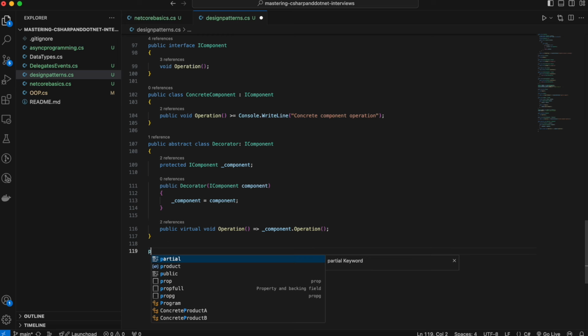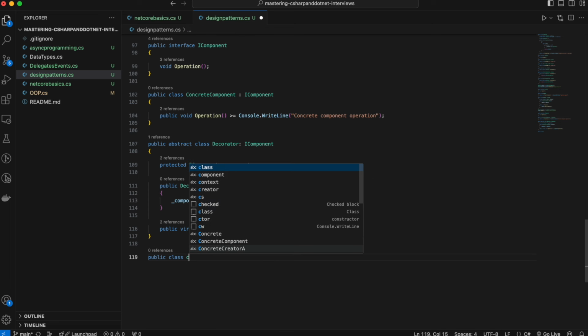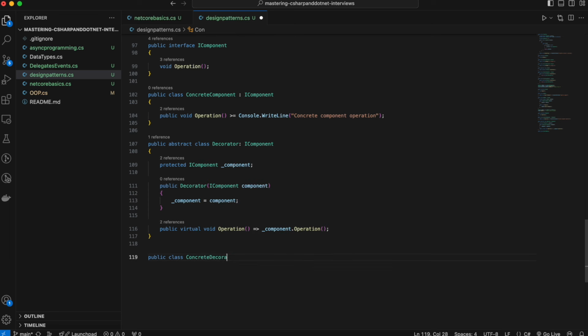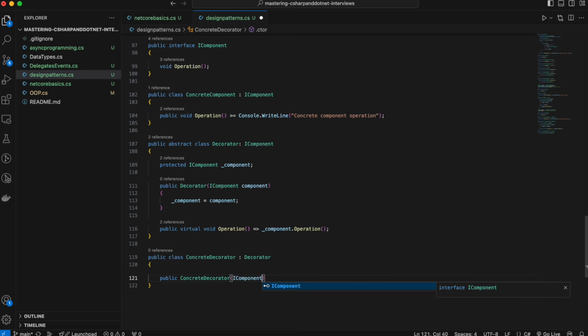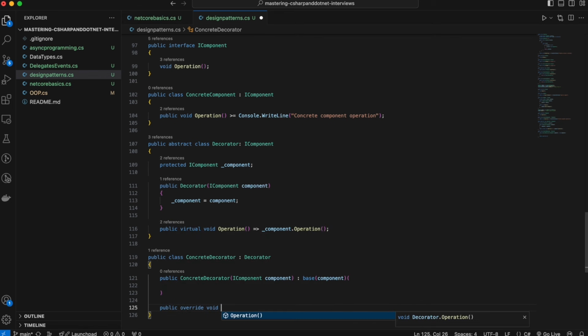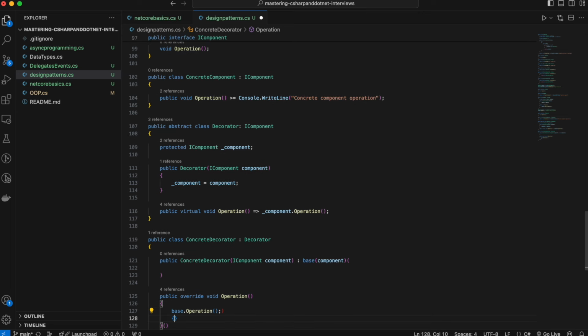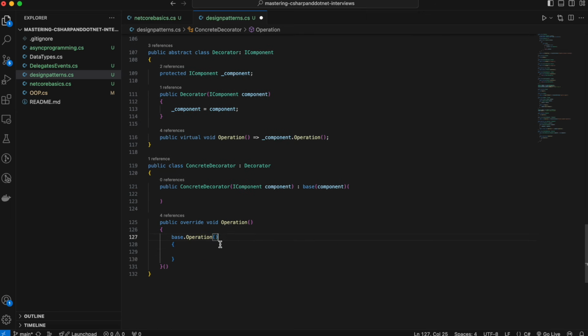And then we will have the ConcreteDecorator with, of course, the constructor, and we'll receive by dependency injection a component, and we'll transfer to its base class the component, and then we will use the override Operation and not only do the base class operation, but we'll also add the added behavior